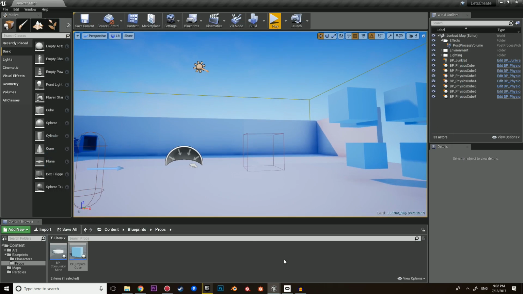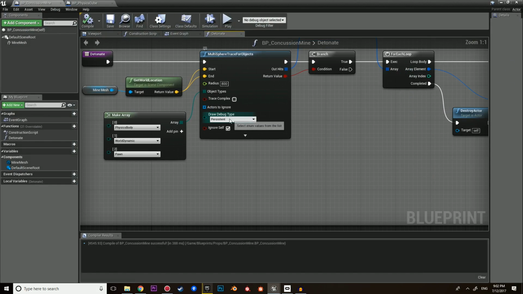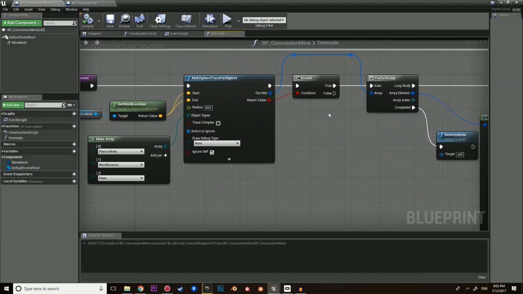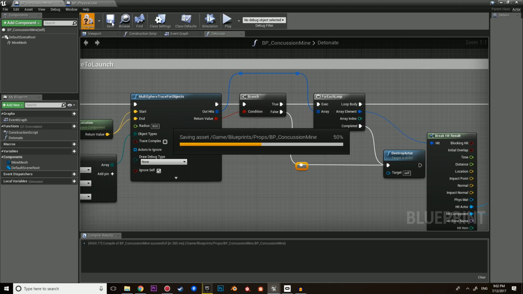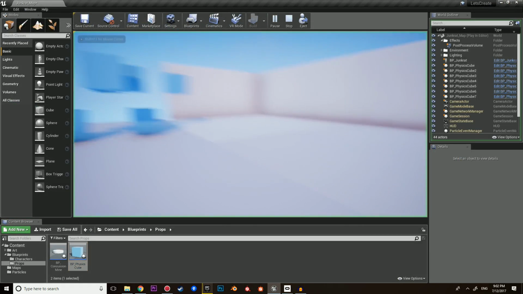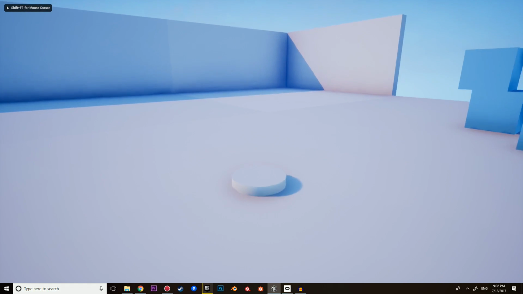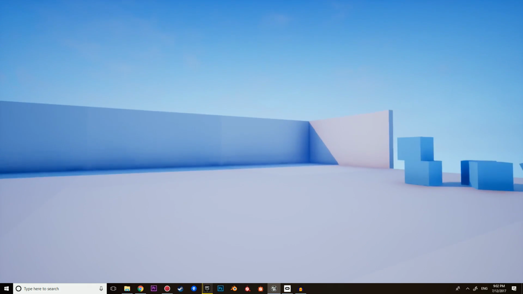Now that we've fixed that up, we can disable the persistence to none. And one other thing is, if we don't hit any objects, let's just destroy the actor as well. That way the mine isn't left over. And one other thing to show you all, let's see if this happens. If we put two mines next to each other and right click, you'll actually notice,